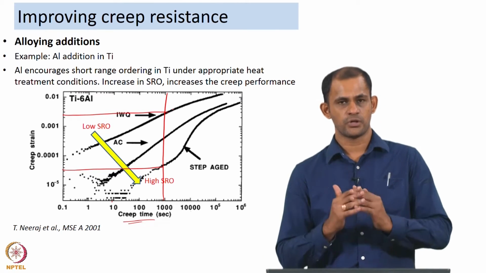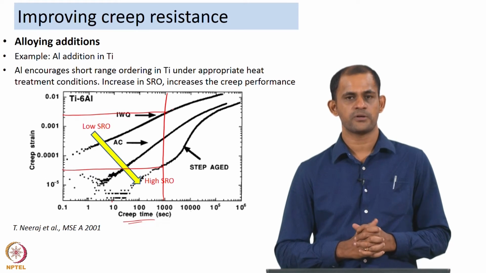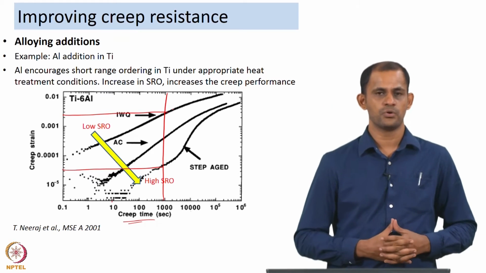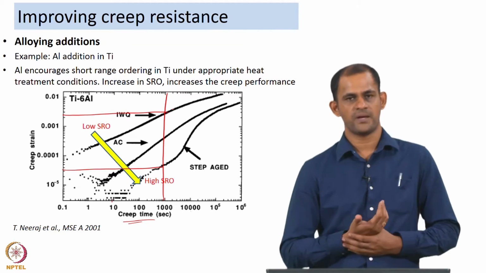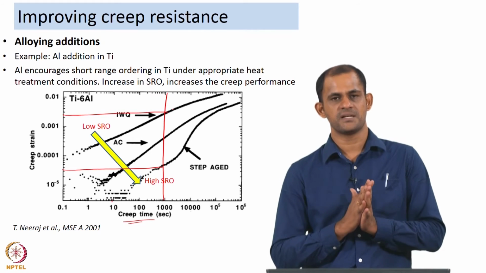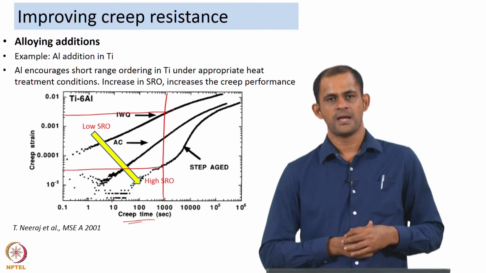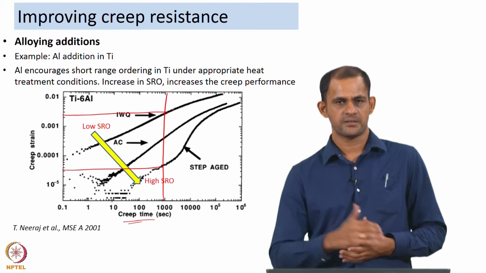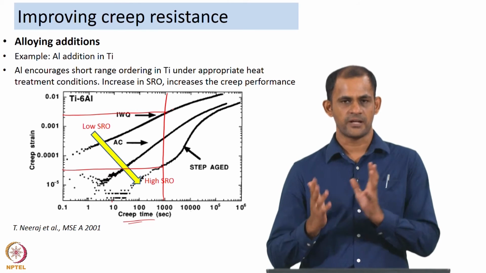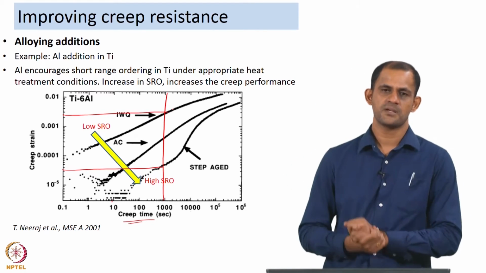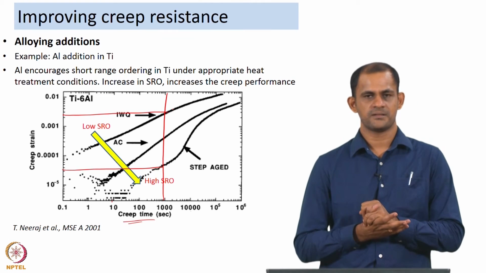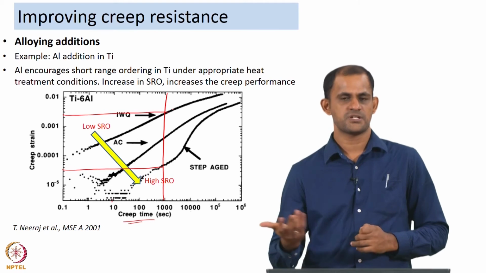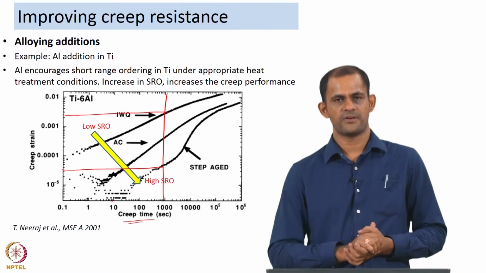Of course, you can also look at alloying additions from the point of view of controlling the dislocation glide behavior. We know that solute atmospheres can form around dislocations. The solutes preferentially segregate around dislocation cores, and the trapping of dislocations by the solute atmospheres can limit the amount of dislocation glide. For example, in the aluminum magnesium system, the magnesium atoms limit the amount of dislocation glide that happens within the aluminum matrix, and as a result the creep resistance is also increased. So, that is the role of alloying additions.